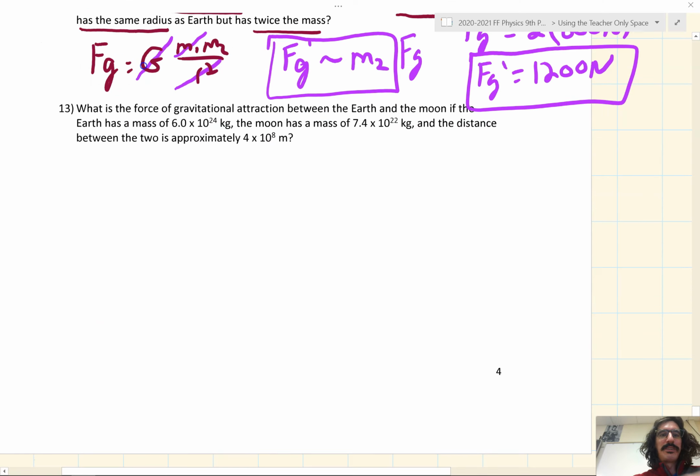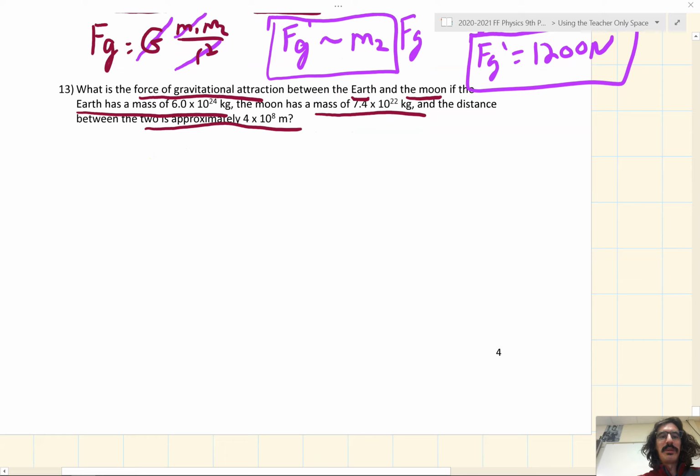Last problem, then we're done. What is the force of gravitational attraction between the Earth and the Moon if the Earth has a mass of 6.0 times 10 to the 24th kilograms, the Moon has a mass of 7.4 times 10 to the 22, and the distance between the two is 4 times 10 to the 8th meters? This problem, we're just simply